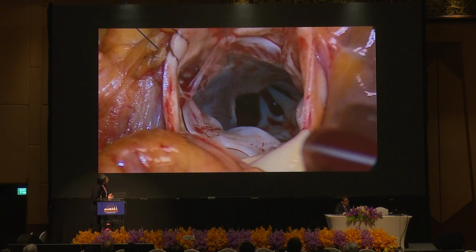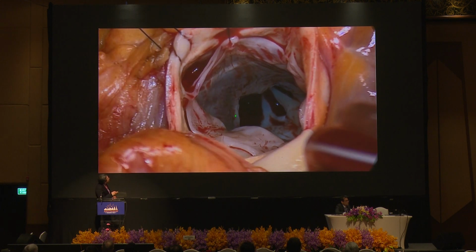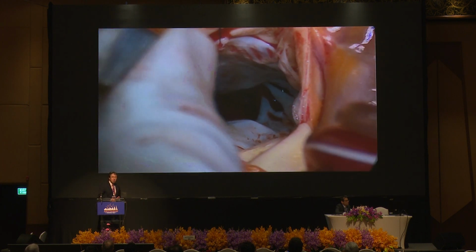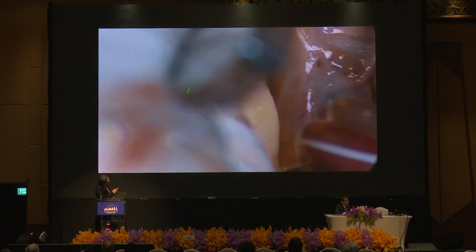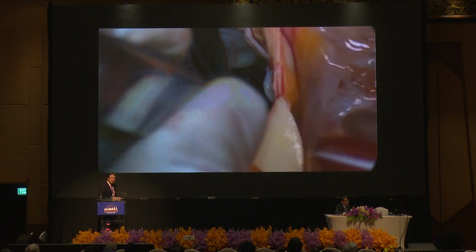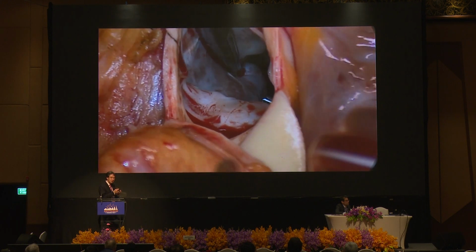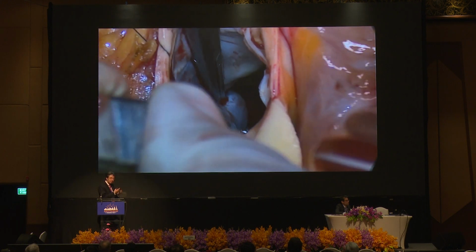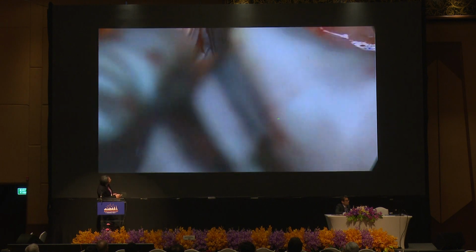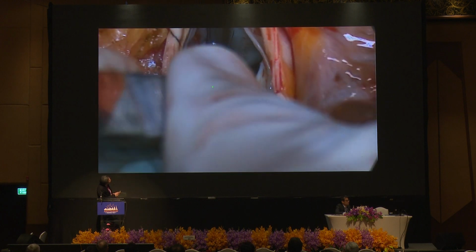So this is the exposure. We have some thickening of outflow septum. This may be some component of mid-ventricular obstruction as well. It's not too shallow. However, I so far predominantly use transaortic approach. I open the aorta about 1 centimeter distal to the orifice of the right coronary artery, and using small right angle forceps, I put